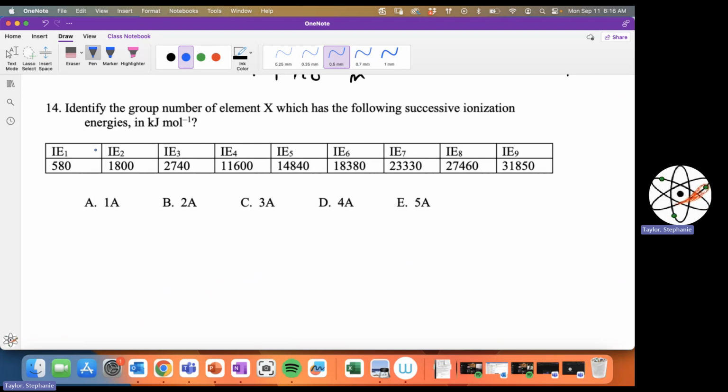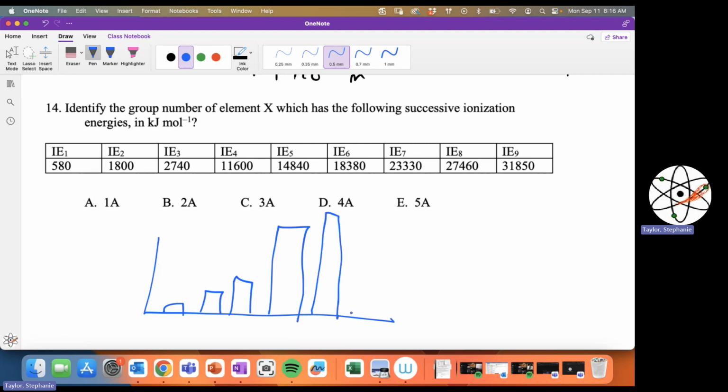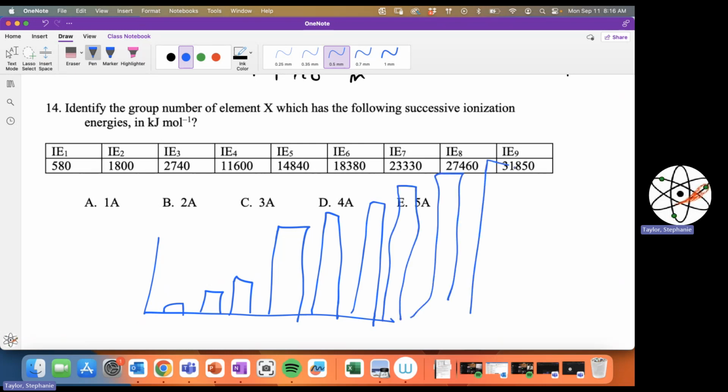What you're looking for here is a big jump. And actually, Alex will have a thing on there. In Alex, what they're going to do is 580, and then 1800, and then 27, and then 11,000, and then 14,000, and then 18,000, and then 23,000, and then 27,000, and then 31,000. Somewhere in there, though, there should be a really big gap, because if you look at the differences in between here,